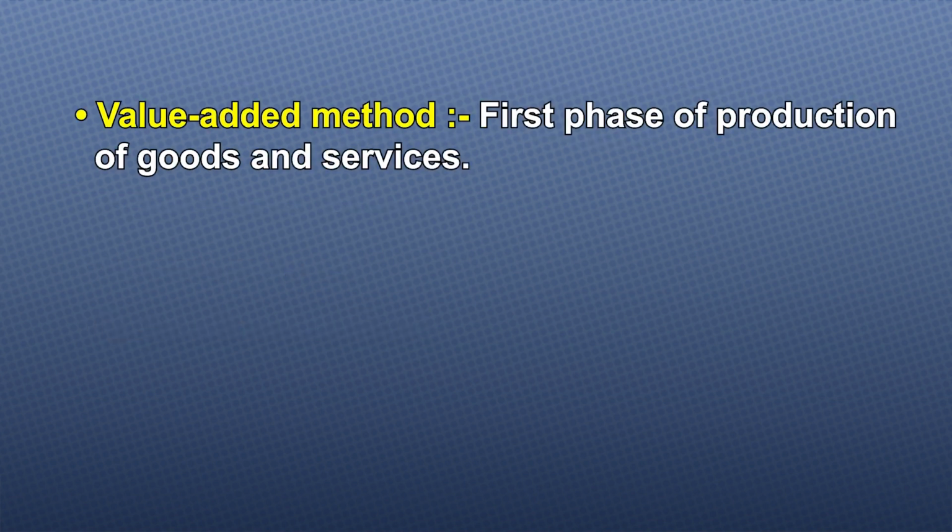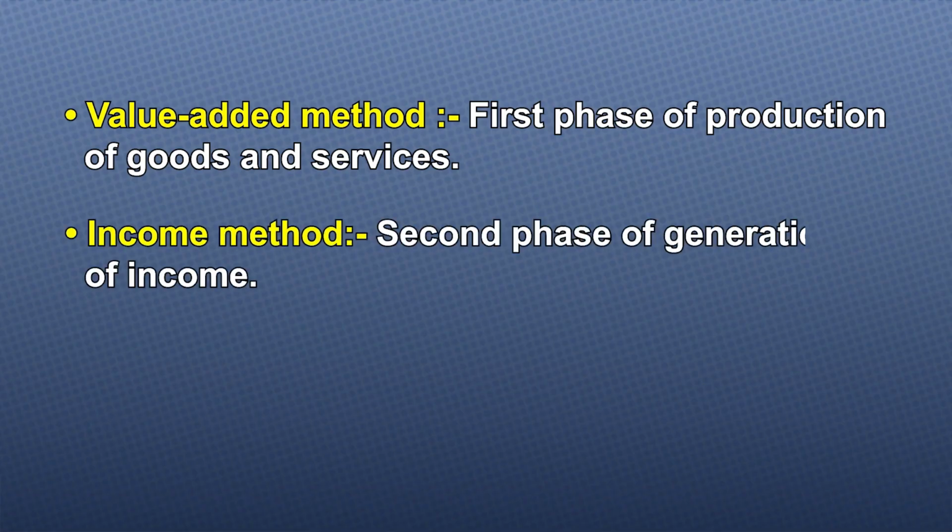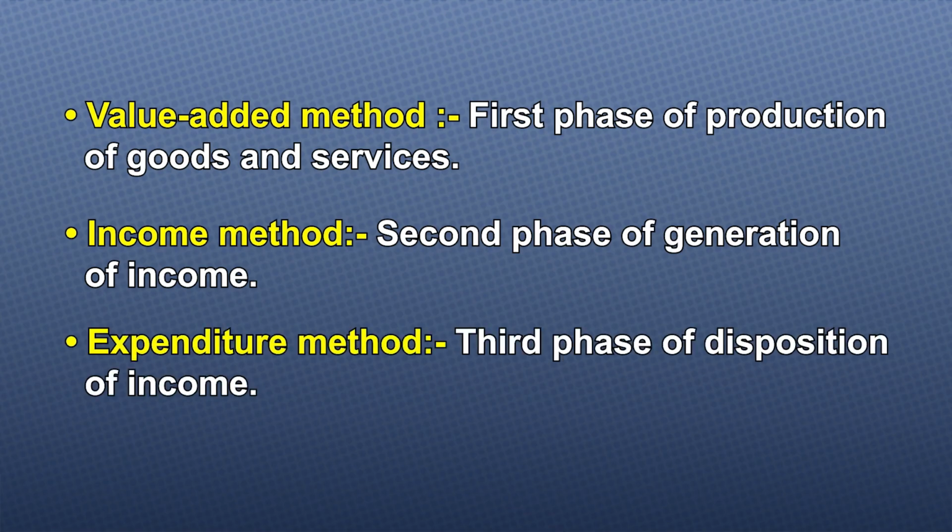In the first phase of production of goods and services, we can use the production method or value added method. In the phase of generation of income, we use the income method, and in the last phase of disposition of income, we use the expenditure